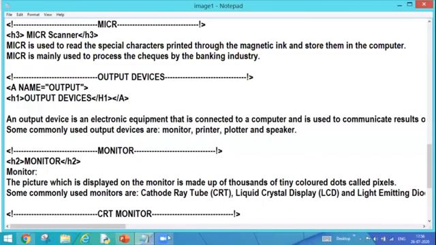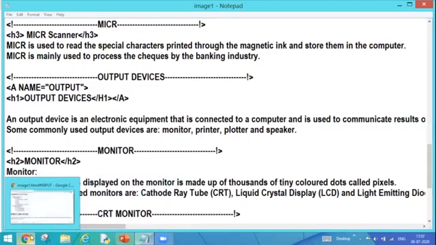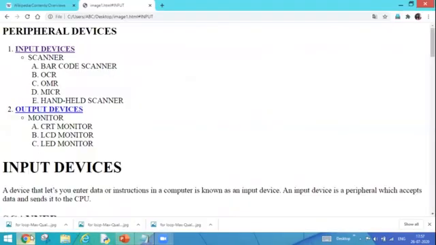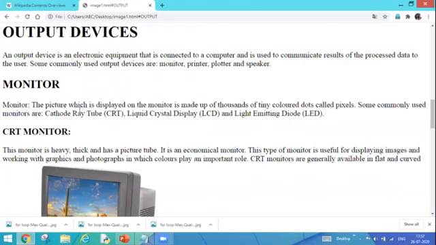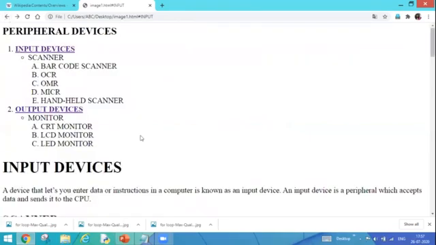So Control S, go back again. Press F5. Now, the link is refreshed. Once I click upon there, I will be redirected onto my output device, onto the same page. So I can scroll up or I can go back by using this back button. So in this way, we create internal linking.